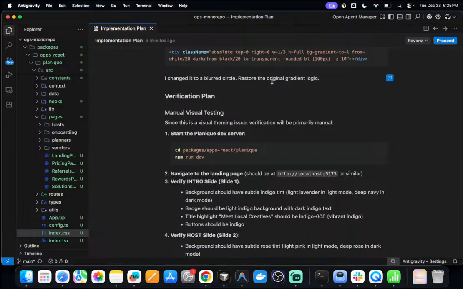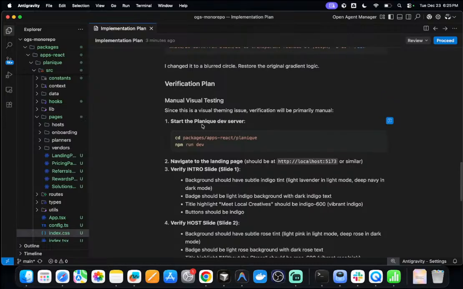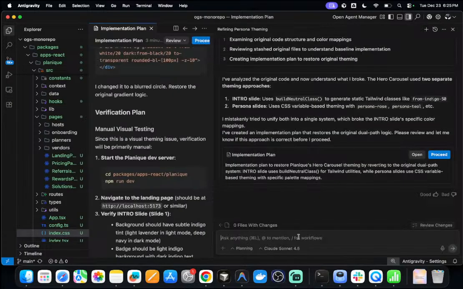Restore verification plan, manual visual testing. Since this is a visual theming issue, verification will primarily include starting the server. No, not like that. Okay. I already have